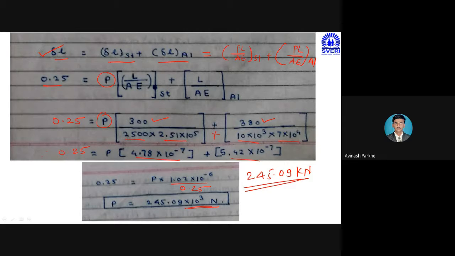What is the basic difference between previous two problems and these problems? In previous two problems, external load is given to you, and by using that external load, we have calculated the deformation. But in this third problem, deformation is given to you, and we have to calculate how much amount of external load will be applied. That load we have calculated here. The procedure, whatever the formula we have used, that formula is same. Only change is that deformation is given and P we have calculated.